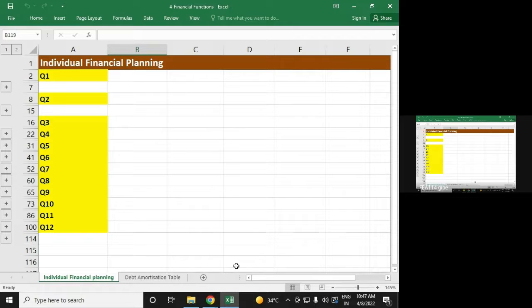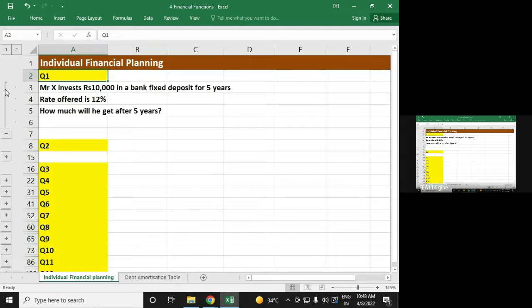Okay, everybody, do you have the file? File number 5, okay, 4, sorry. So, come to file 4 and you can see Q1 there. There is a plus sign in front of it. Click on the plus sign in front of it. So, what we have,